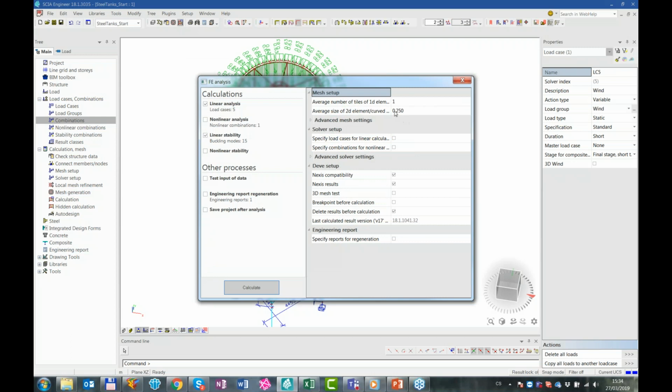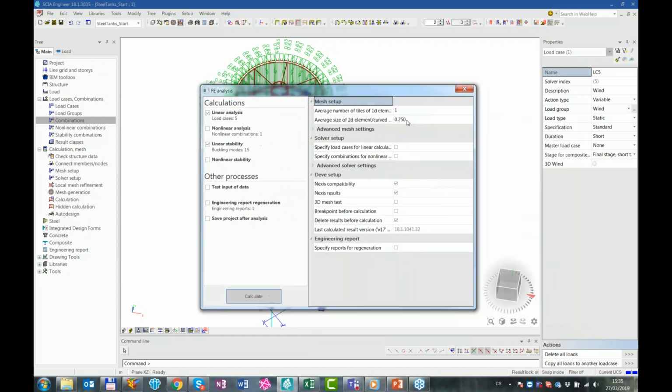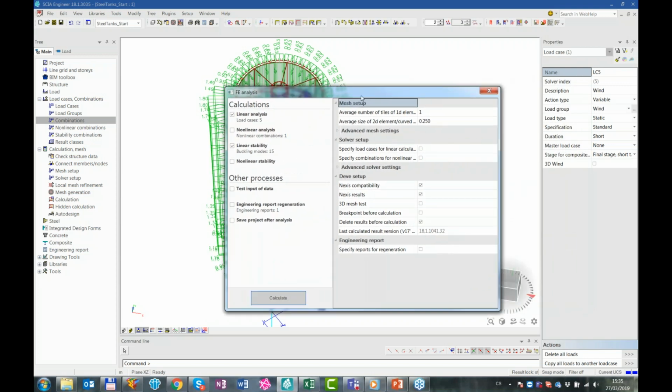The default mesh size in a new project is 1 meter, which is quite unuseful for structures of this size and this type. Here I would say that I would use let's say mesh size about 10 centimeters to get the most accurate results. Currently I have here 250, because of course I want you to see the results quickly in this